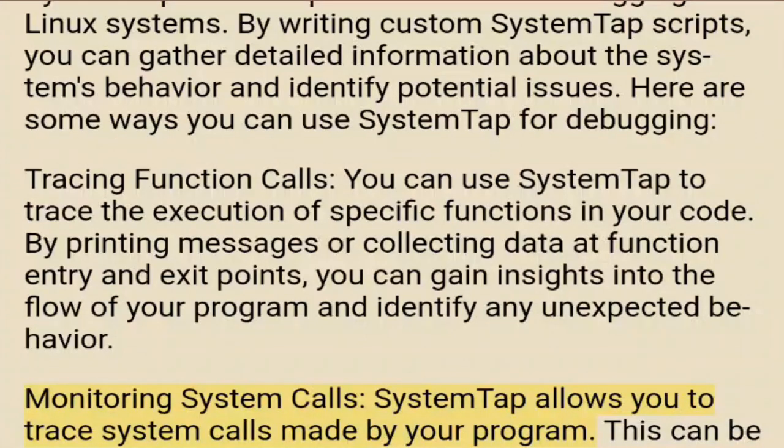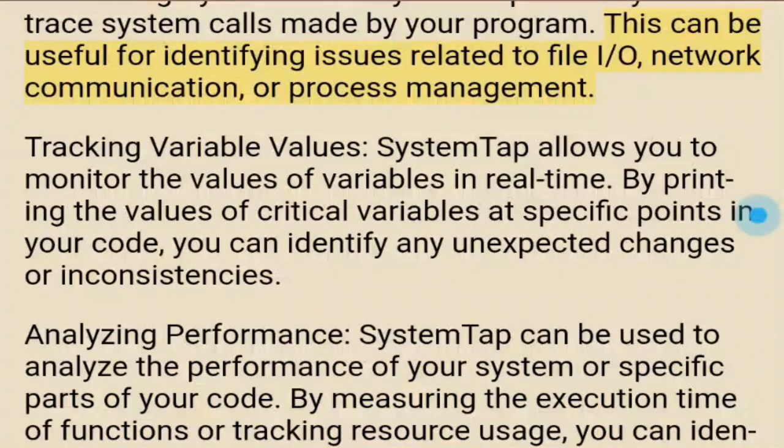Monitoring system calls. SystemTap allows you to trace system calls made by your program. This can be useful for identifying issues related to file I/O, network communication, or process management. Tracking variable values. SystemTap allows you to monitor the values of variables in real time. By printing the values of critical variables at specific points in your code, you can identify any unexpected changes or